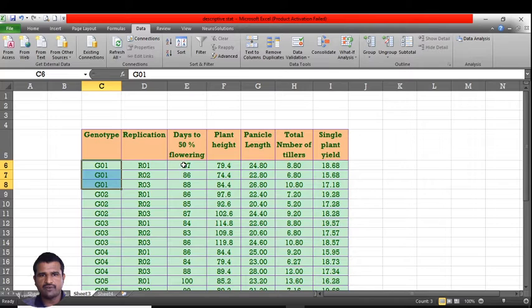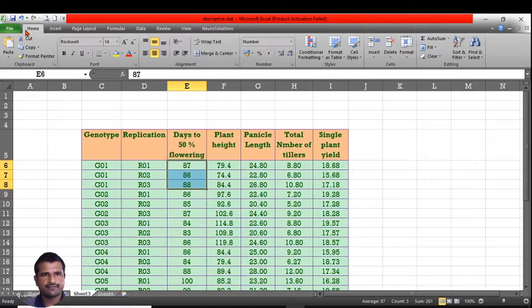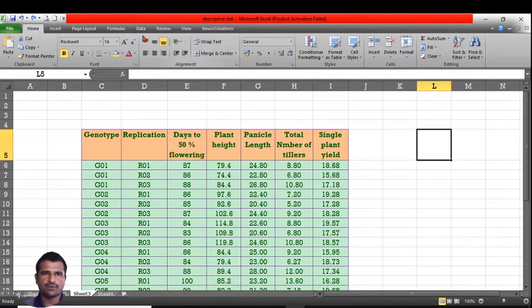So I want the average of these three values. Okay, I want the average of these three values in such a way that I can get it for the columns also. So I want columns and rows, and I want the average of these three values. So this we can do by using pivot table.